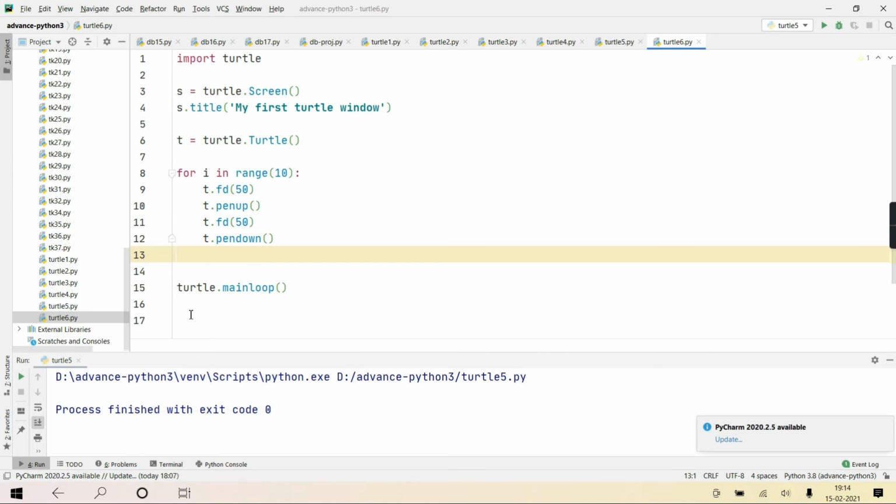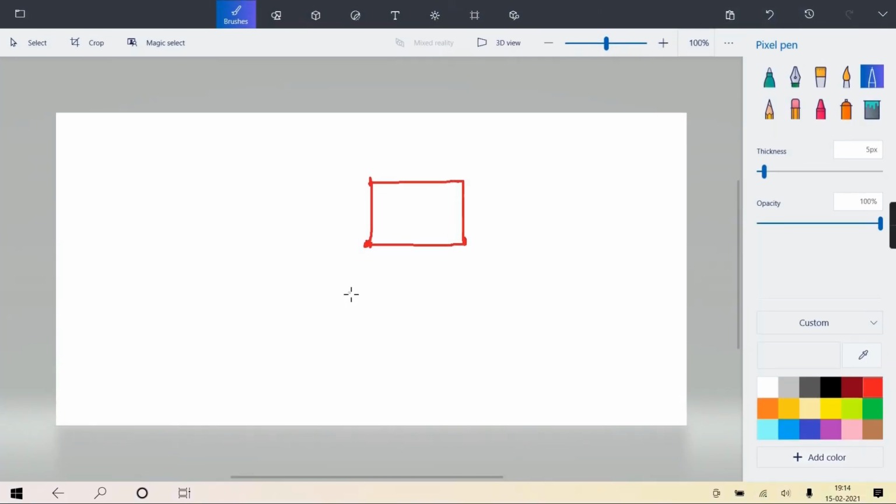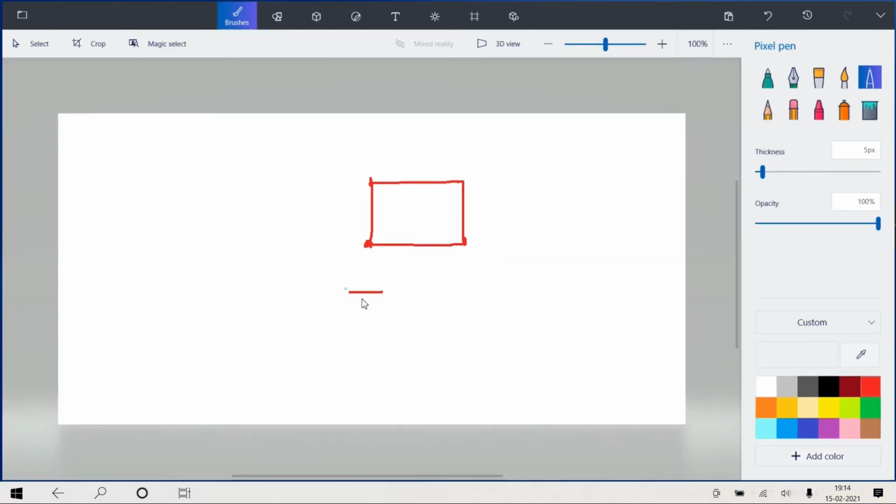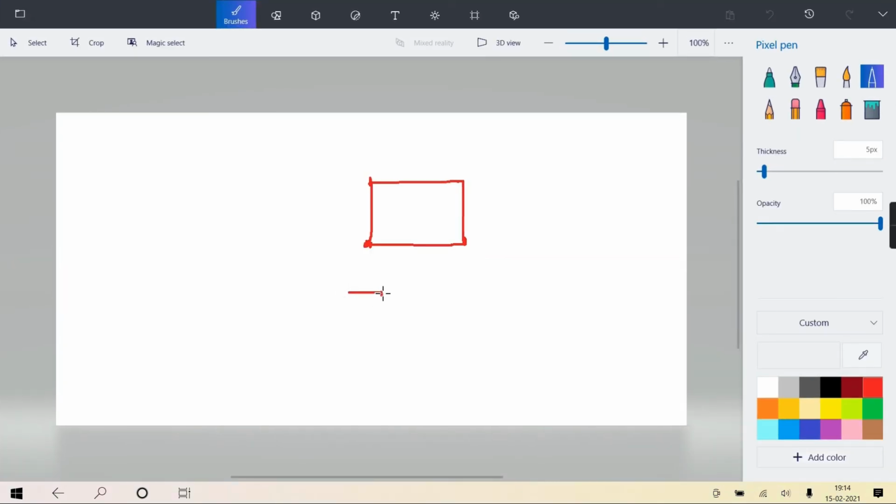Okay, so here what will happen? It will go forward 50, but initially the pen was anyway down only. Right now, initially pen is down. Loop start. So it will go forward 50.